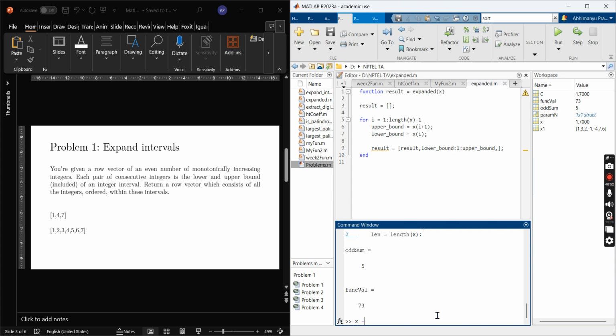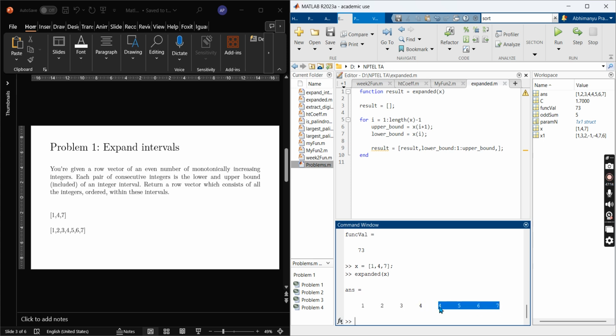Let me create a variable, 1, 4, 7. Let's run expanded. Fine. So I'm getting 1, 2, 3, 4,